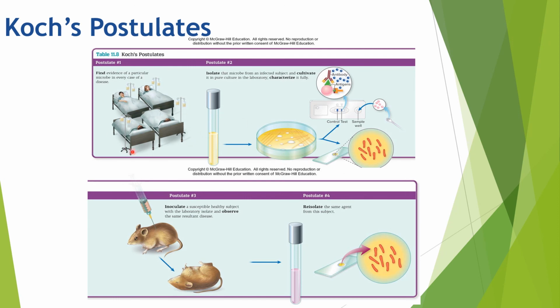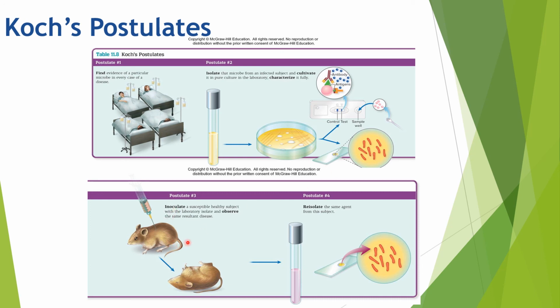So first, right, you would have to isolate the microbe from an infected individual. You would go ahead and inoculate a broth, or culture it on a plate, right? And then you would go ahead and of course do testing to make sure, first of all, what is the pathogen that you are dealing with, right? So you have to do some, let's say, genetic testing, or you have to do some biochemical testing, take a look at it under the microscope, etc., so that you can identify the pathogen. And then,